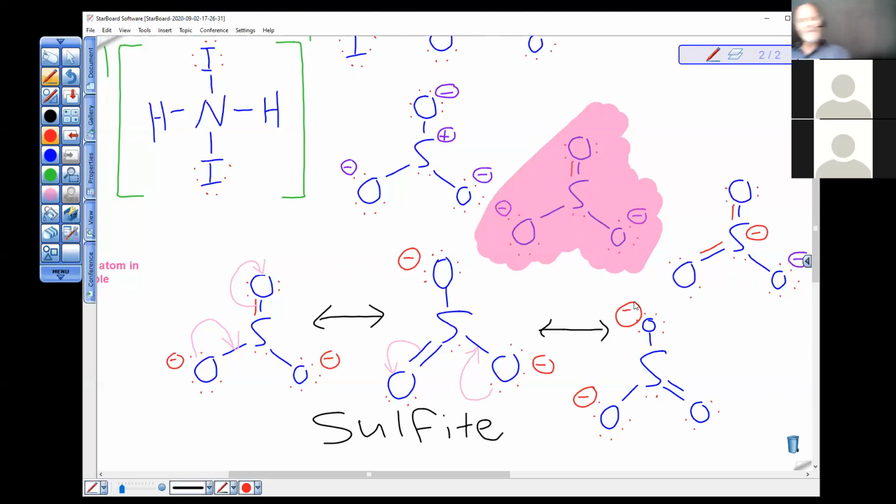Hey, Professor? Yes. Real quick, what's that curved arrow called again? It's called a resonance arrow. Oh, the curved arrow? Yeah, that's actually the introduction to a mechanism. It's how the electrons are flowing during resonance. That's what it represents. Also, does it have an actual name? In this case, resonance arrow, resonance mechanism arrow. In general, though, mechanism arrow. Okay, so mechanism arrow. Right, curved arrows are mechanism arrows,